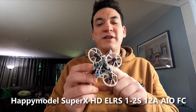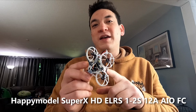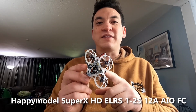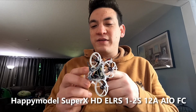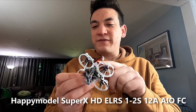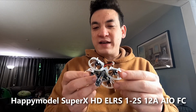So they're selling this board alone, so if you're buying that, make sure you buy the correct one, the HD one, or if you still want to run analog, you got to get the standard one that still has the OSD chip. Anyway, seems like a nice flight controller. I like how all the pads are side cuts. Basically, there's still a few inner pads that are kind of redundant, but most all the pads are side cuts,